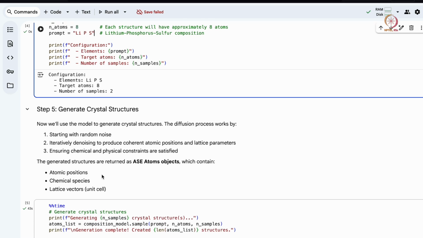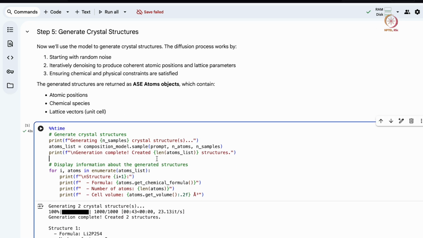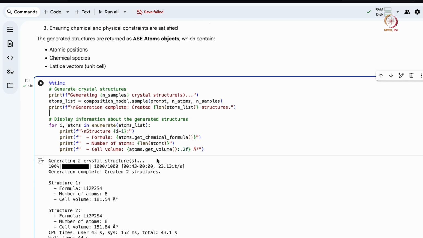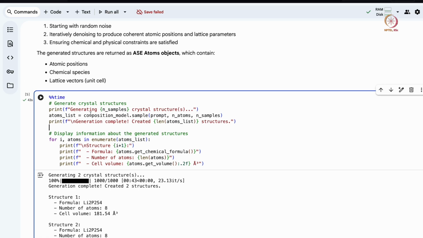And now we will try to generate the structure. The generating structure comes from this line. The atom list is a list of lists, and from here we will be storing all the structures that get generated.